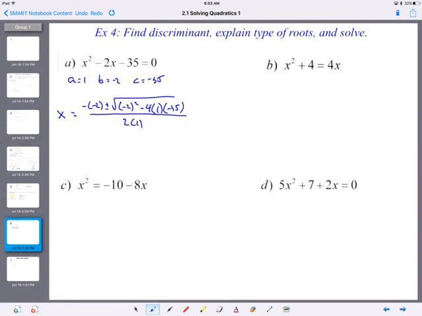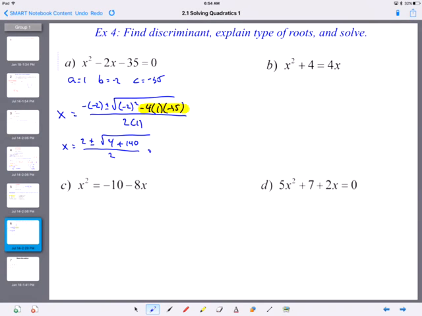And so a lot of people like the quadratic formula. It works all the time. It's really just a matter of simplifying the expression. So we'll just go ahead and start here. The opposite of negative 2 is 2, plus or minus negative 2 squared is 4. And then when I do this last part, because this is where some people get confused, the minus 4, I treat that as a negative sign, so I just do all three. Negative 4 times 1 times negative 35. So negative times negative is a positive, so that's going to be positive 140. So it'll be plus 140